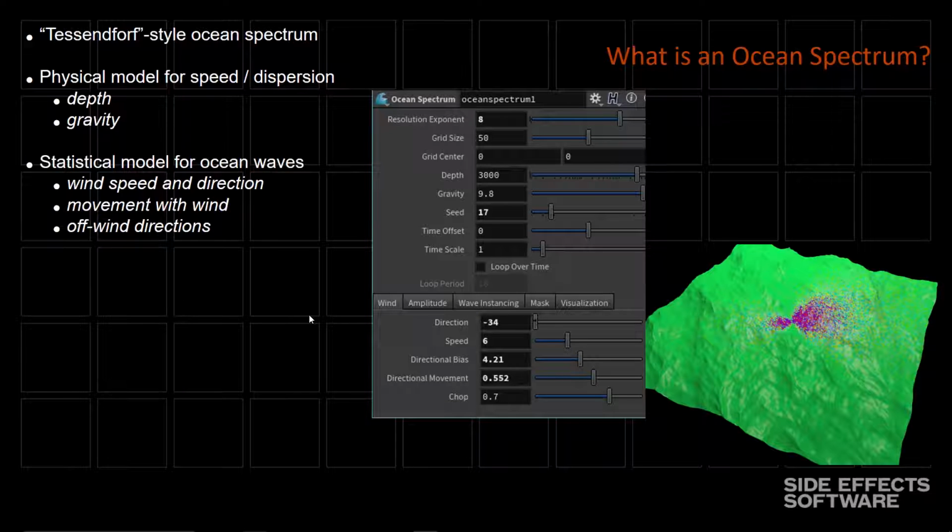We take all of that data, generate a set of amplitudes for all these waves, and then using what's called a Fourier transform, turn those into actual displacements